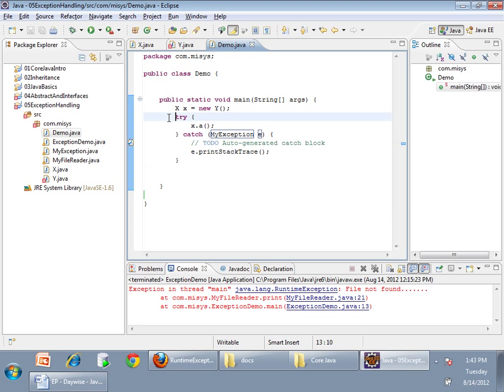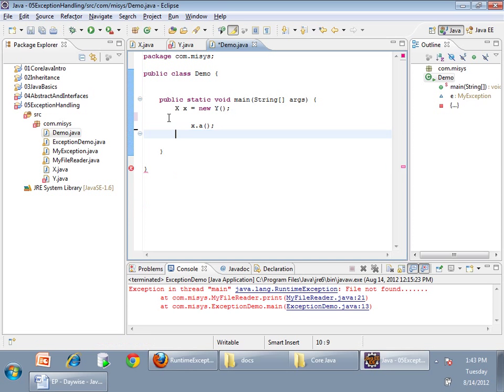Now tell me, whenever I am calling x.a, the compiler will ask me to catch which exception? Here I am calling x.a. Compiler will ask me to catch which one? My exception or exception? In class Y, the method is throwing exception. In class X, it is throwing my exception. So here the compiler is asking me to catch which exception? The one present in X, right? So if I catch my exception,